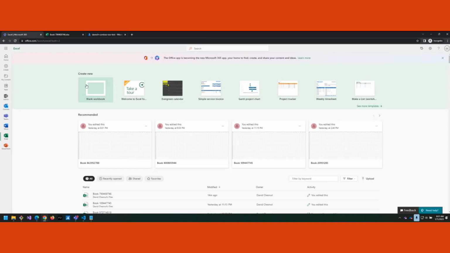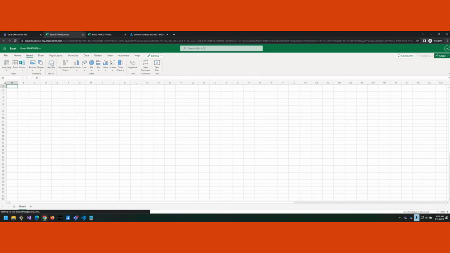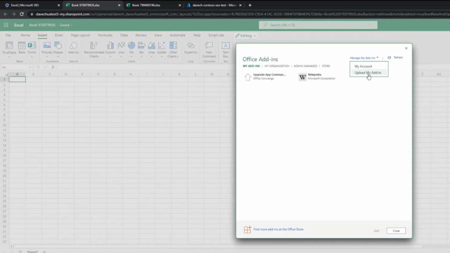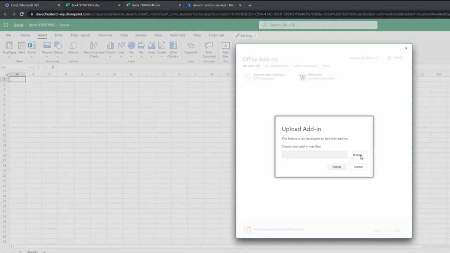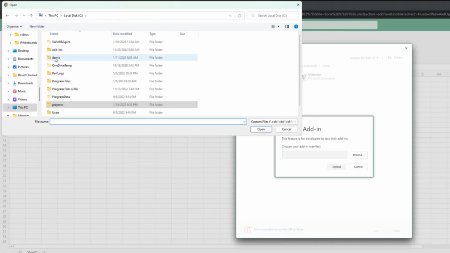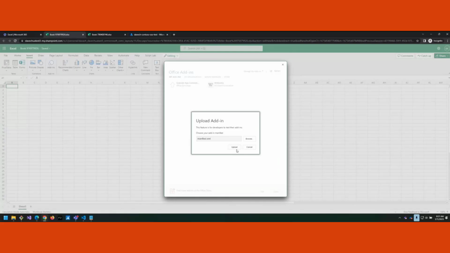Let's see, get this part to work. So I'm going to go in Excel, create a new workbook. I'm going to go ahead and just sideload this. So I'm going to just upload the manifest from locally. And let's see here. Let's go to the demo folder. I need SSO test. But I'm not going to use this manifest. That's the localhost one. In the dist folder is the one that got built that's switched out with the correct domains. So I'm going to open that one, upload it,